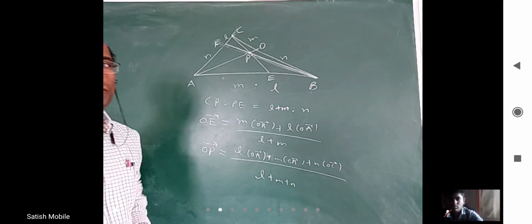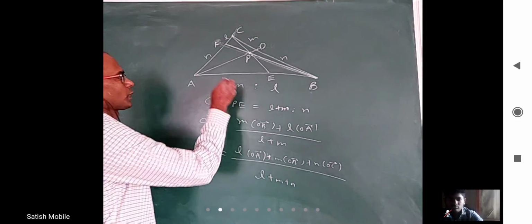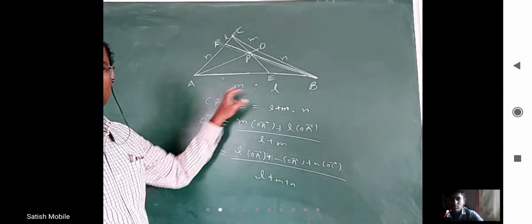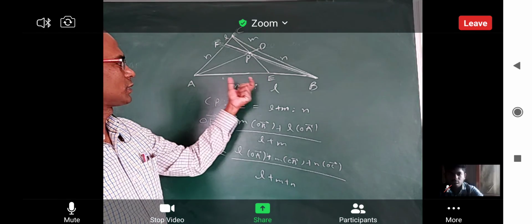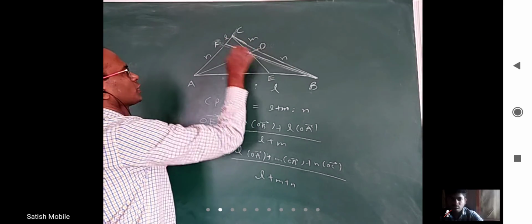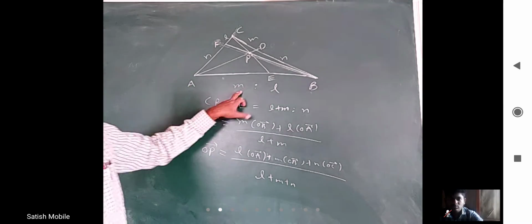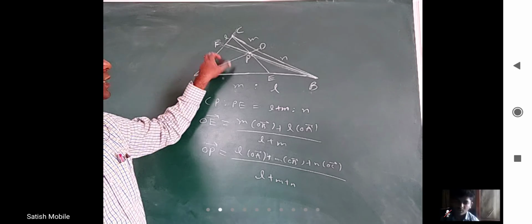Okay. So the basic point here is, if somehow you can know the ratio, this is M and this is L, so the ratio is L is to M. Similarly, this is M is to N, and this is L is to N. Basically, L is proportional to this, M is proportional to this, N is proportional to this kind of thing.